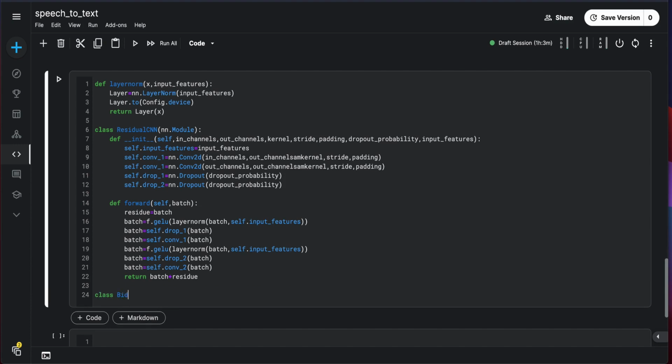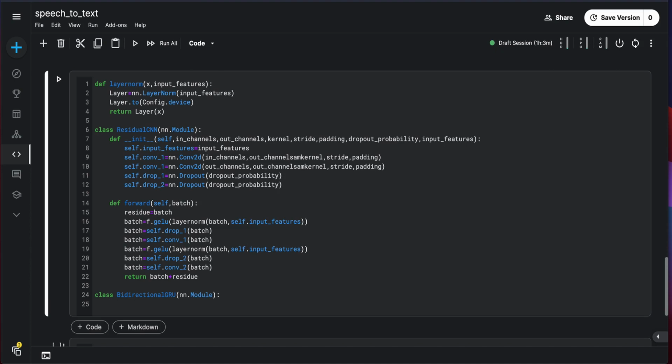Class BidirectionalGRU of nn.Module, and this is going to take all the things that are necessary for a GRU, and some dropout probability. So define __init__ self, and later we are going to define all these functions inside of